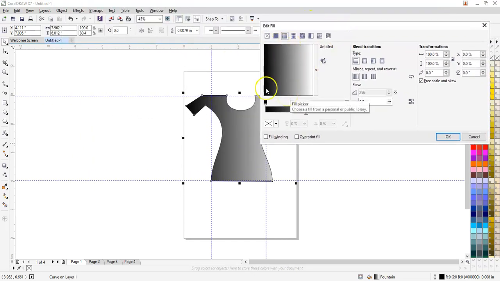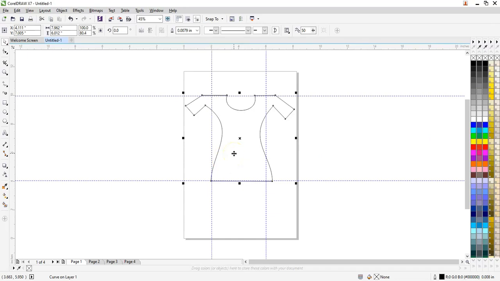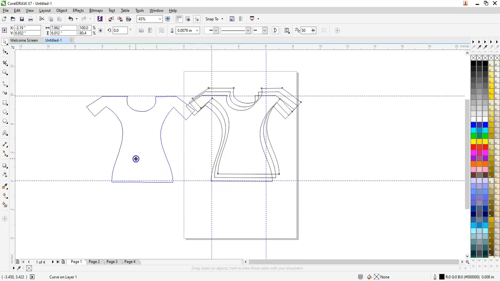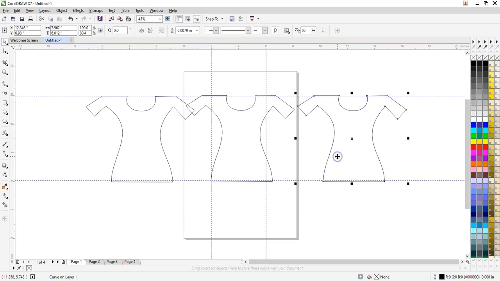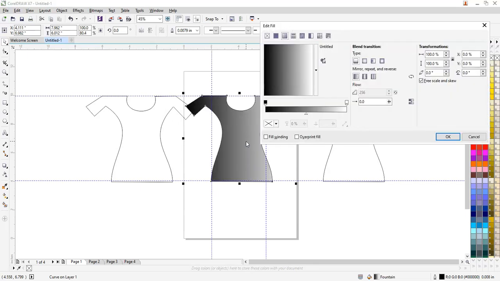Before I work out with these fountain fills, I cancel this and duplicate some images. I press Ctrl D, duplicate some images, and keep them over here at the side so that I get to work with many objects and I can see the colorization. Here I again press the F11 key, and then check the first color.